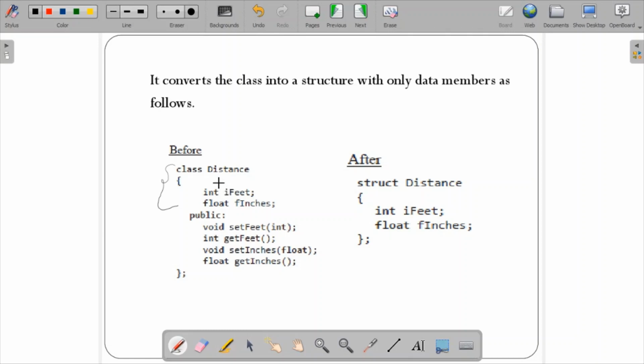And what will be the point of the this pointer in these concepts while we run this? Initially, the first step is that whatever class is there, right now class is there, that will be converted into a struct with the data members only. With the data only, these two members have been declared. So this is what is happening once you do the compiling. Actually, the compiler converts the C++ code into ordinary C code. So this will be compiled in this way. So class distance int I feet float f inches will be nothing but struct distance int I feet float f inches.